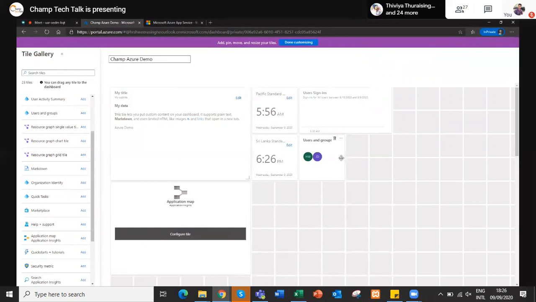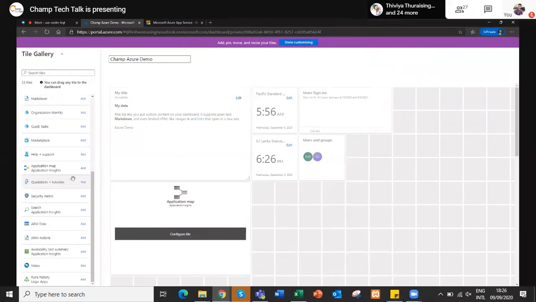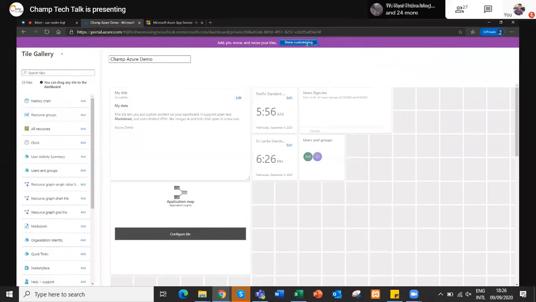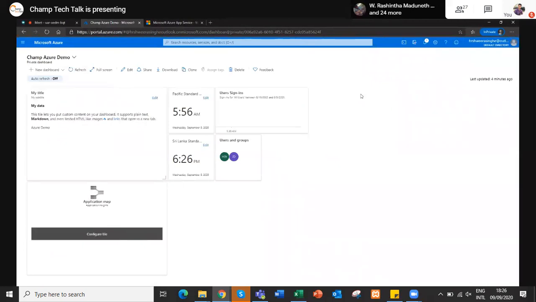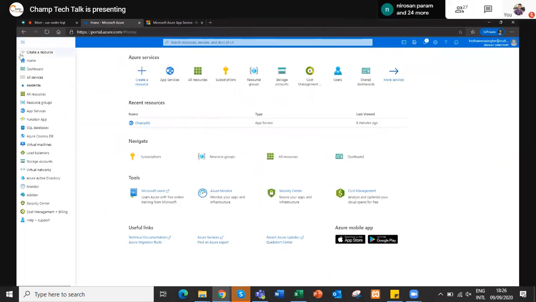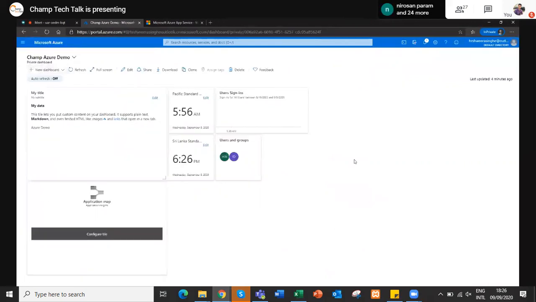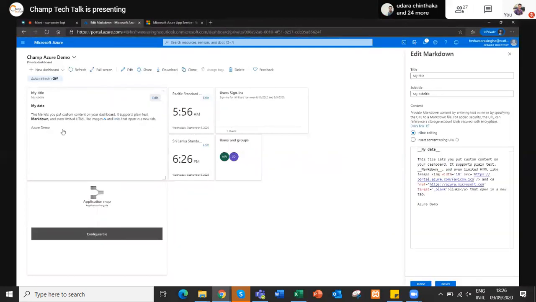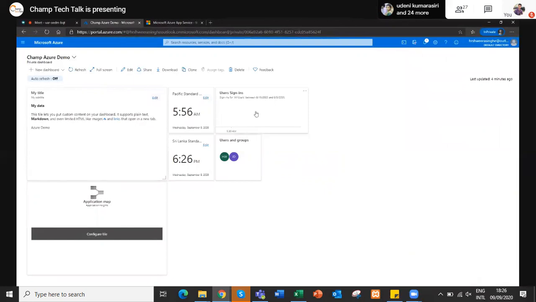Since we are done customizing this dashboard, I'm pressing this button, done customizing. Once you log into Azure, just go to the dashboard section and you can see your dashboard. You can see the time, you can edit this information, and you can pin your future events. If you have user sign-ins, everything is going to show here.